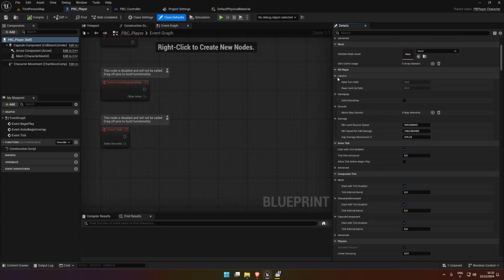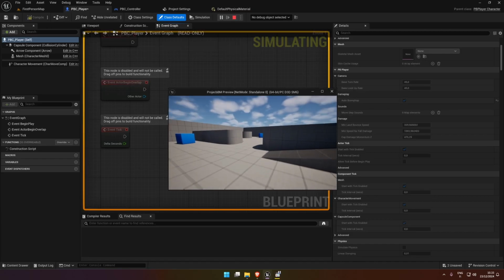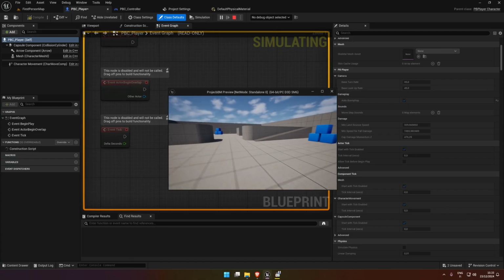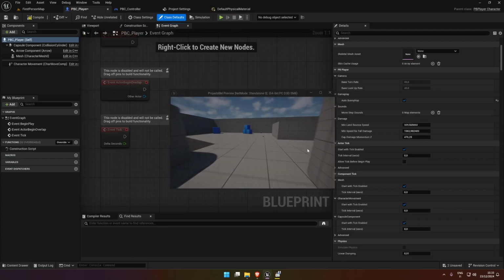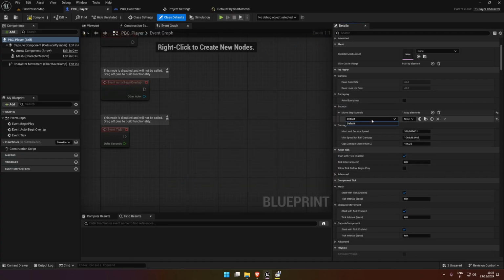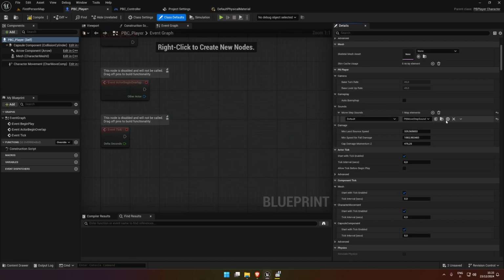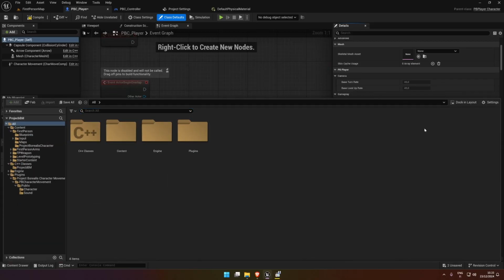So we have camera. We have auto bunny hop. So if I turn that on and I hold space, then I have auto bunny hop set up like this. We have step sounds. So if I do this, and let's see if this works. So currently these are set to default. So if we go in here,